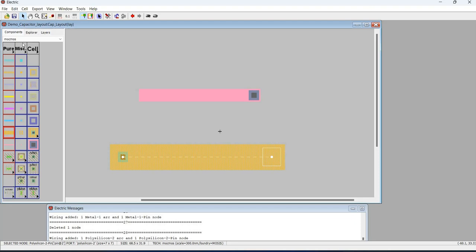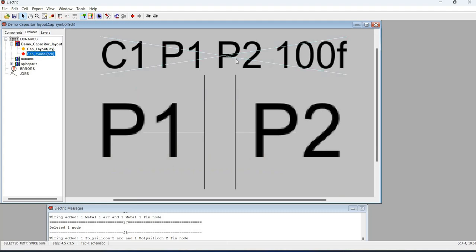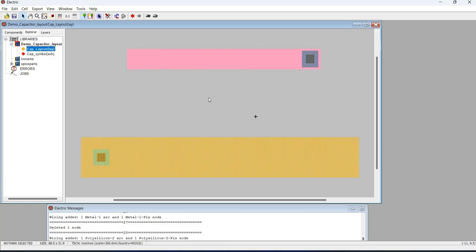So you also need to copy the netlist from your capacitor symbol. So just Control C and Control V for your values.